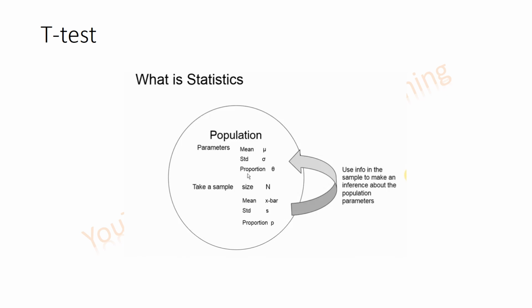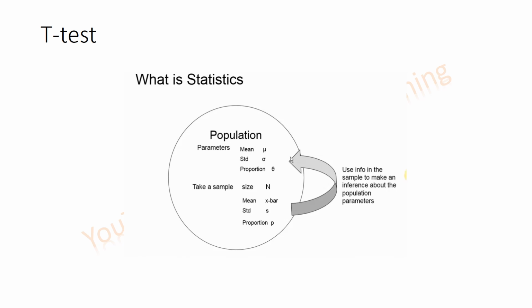However, I'm not interested in these sample numbers. I'm interested in the population parameters. What's going on with the population, mu, sigma? We're going to use the information in the sample to make an inference about the population parameters, which means using these numbers to guess what's going on with these population parameters. It's like a game. We use this number to guess what's going on. So the whole approach, we use a sample to figure out what's going on with the population parameters. We call it a